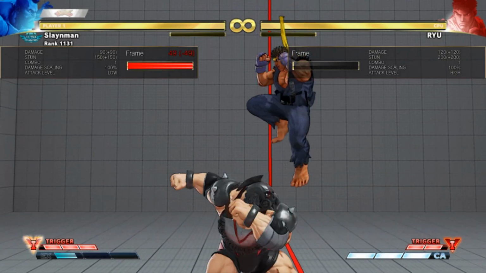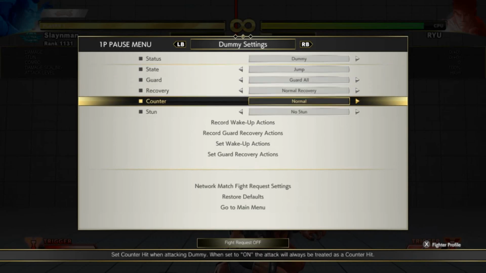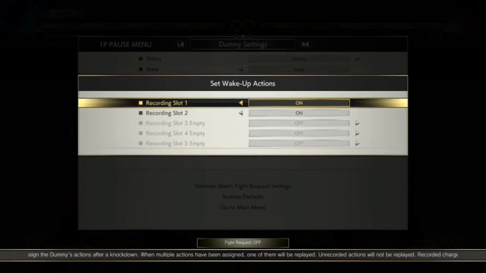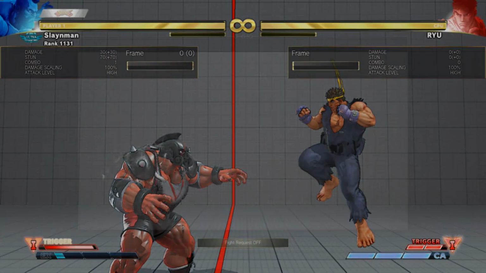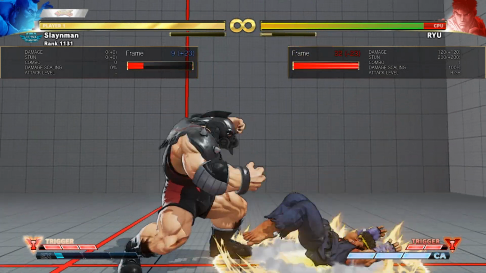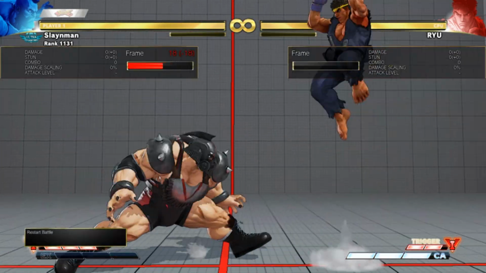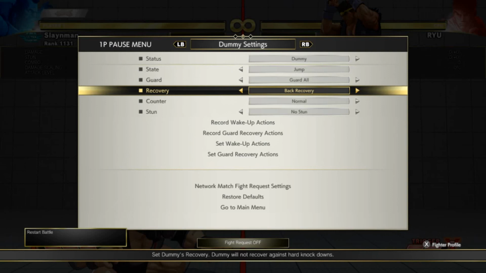So anti-air with Lariat used to be able to get meaty setups. See if I can... Oh yeah, I can set him to block on wake up, right? Pretty sure I can. Yeah, see? Even if I set him to back recovery. Oh, it didn't even reach him. He got hit by it. It's kind of hard to... Oops. Yeah, see, instead of being -6, I was -4,